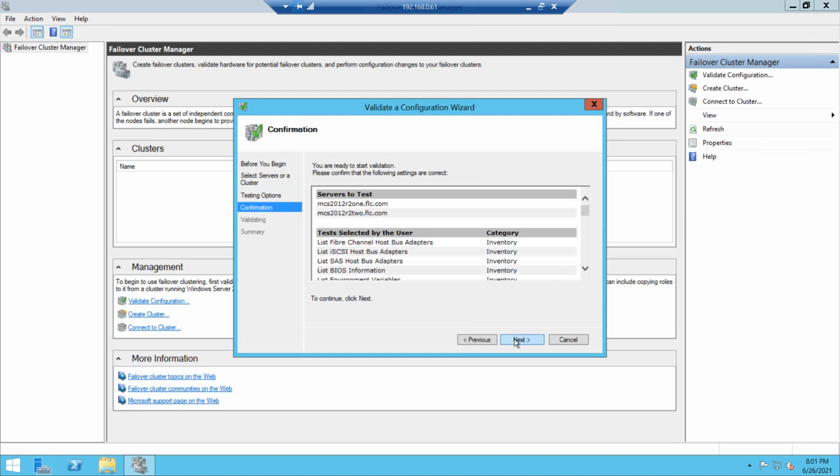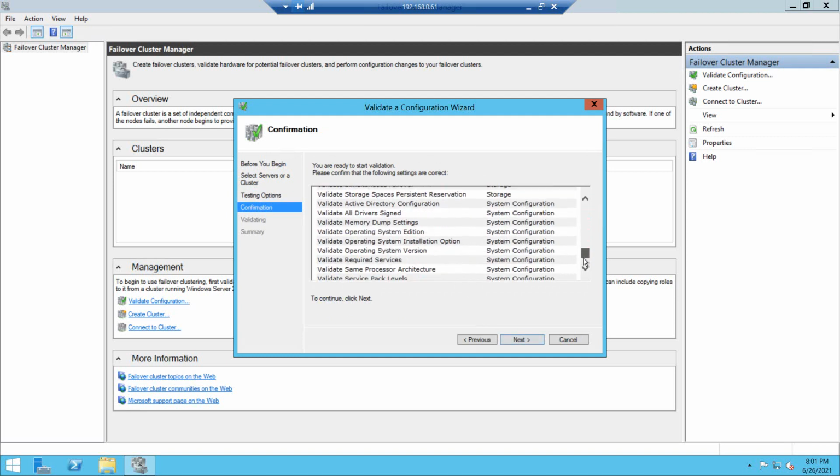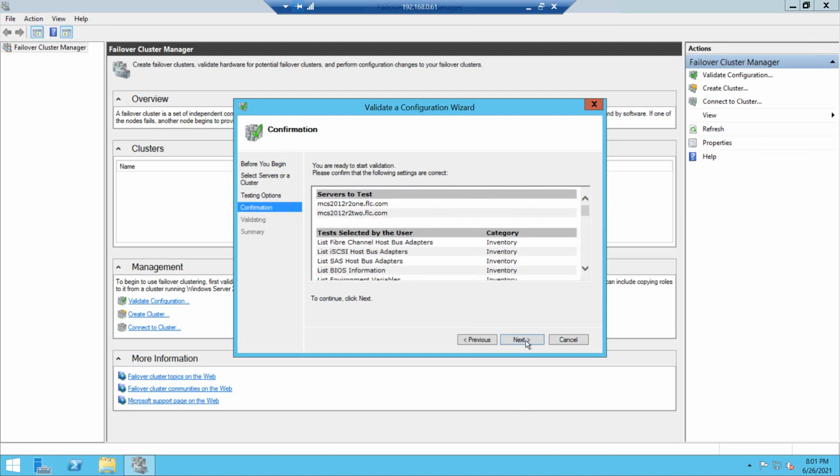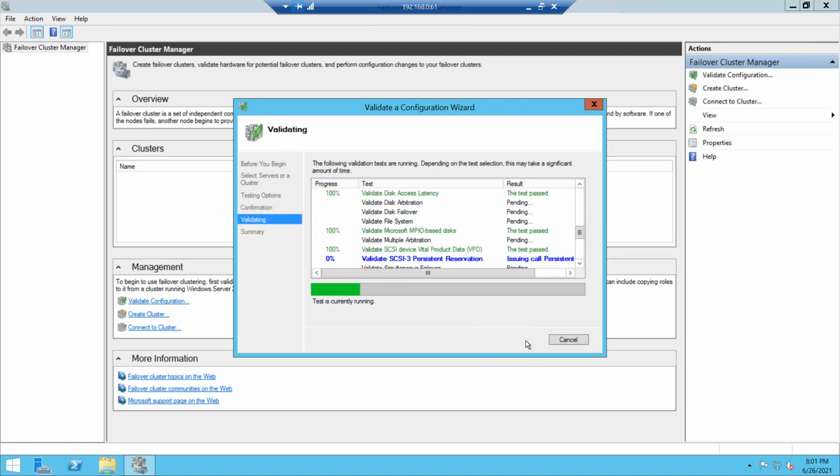For now we'll run all tests. These are all the tests going to be conducted on both servers. Click next. It will take a few minutes. It will test network, storage, everything, and it will give warnings as well as errors if anything is there.